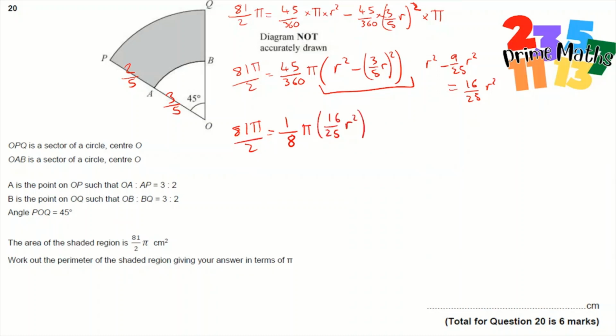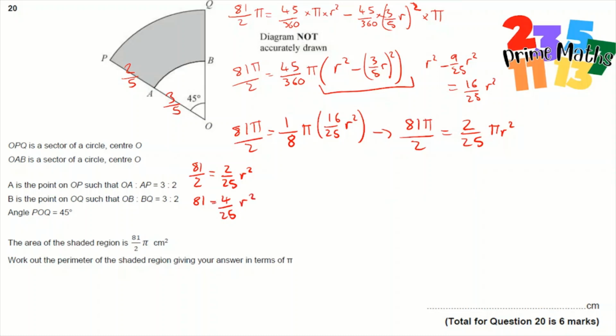r squared. The 1/8 and the 16 can cancel out to give us 81 pi over 2 is equal to 2/25 pi r squared. From here we should be able to see that 81 over 2 is equal to 2/25 r squared. I can then multiply both sides by 2 to give me 81 is equal to 4 over 25